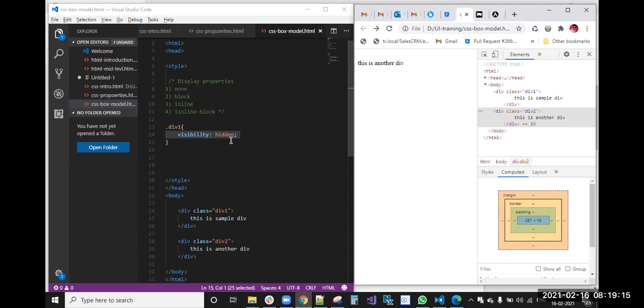In the case of visibility hidden, the memory will not be erased. The element still exists there, in the hidden state. So like that you need to tell.